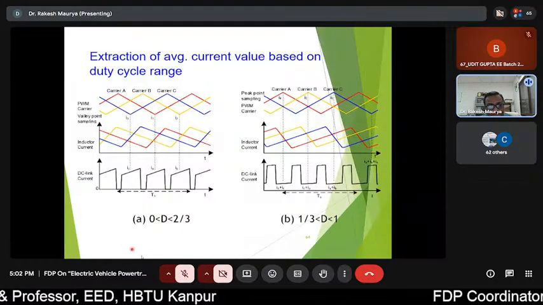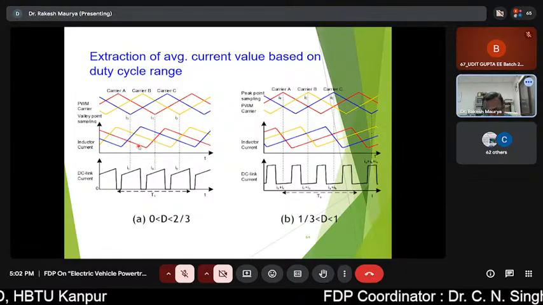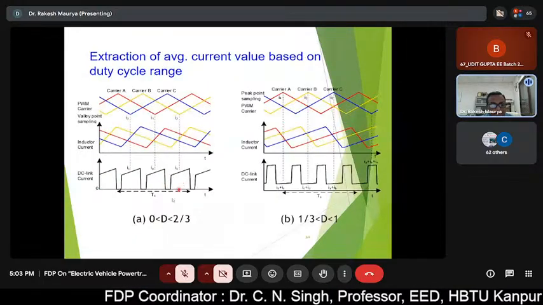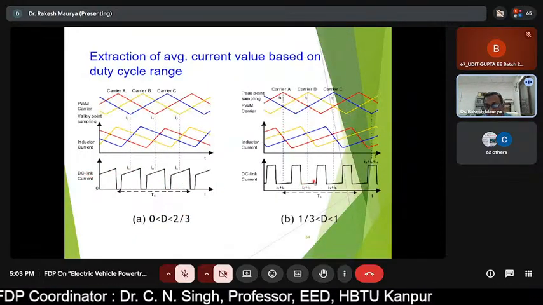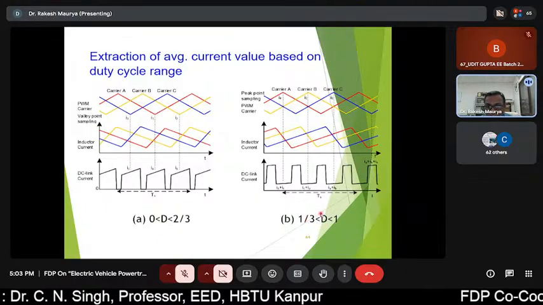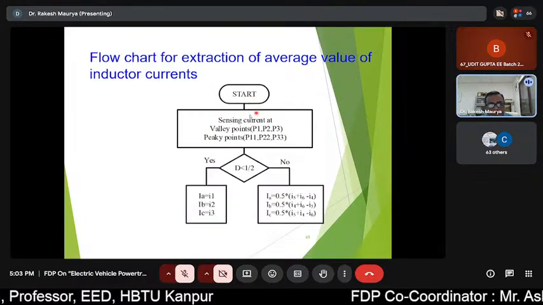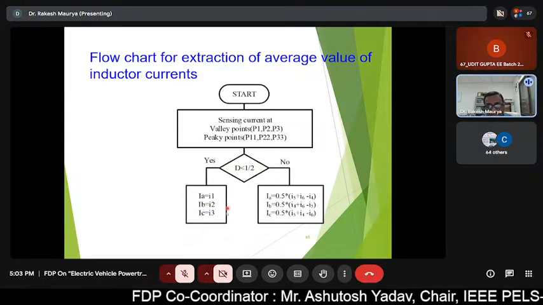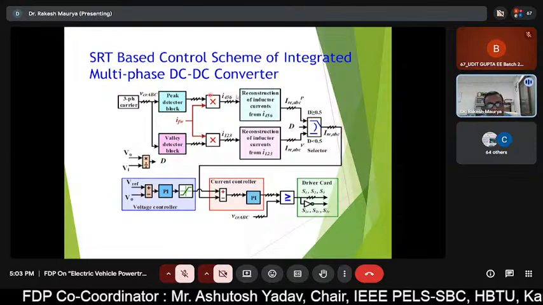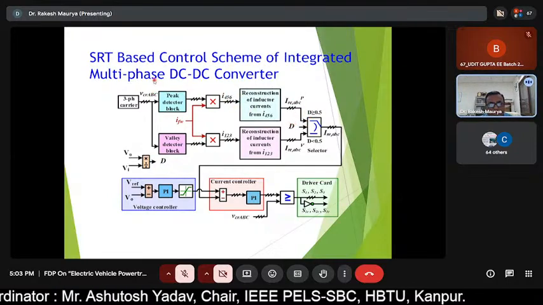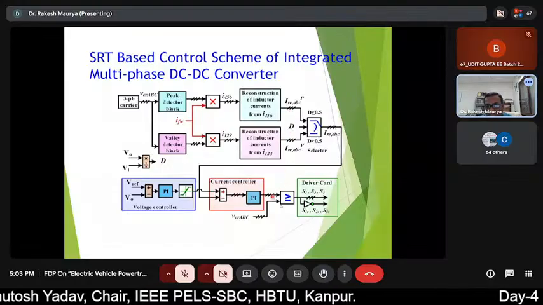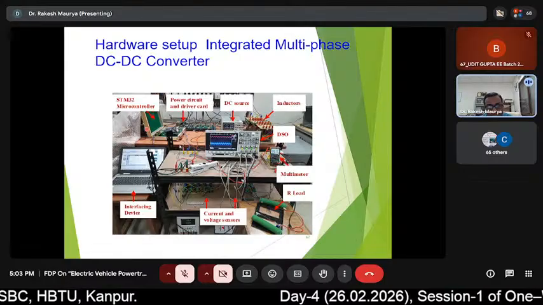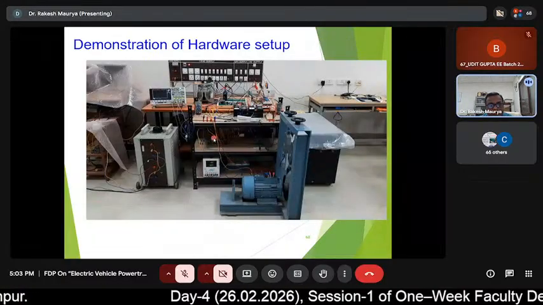First, we have tried at different duty ratios to see what the profile of the input current should be. This is the input current profile when operating at different duty ratios. Later on, this flow chart demonstrates in what case what the current should be, and then the same thing we have applied in multi-phase DC to DC control, and then we have tried to see. So the same model which we have developed here, again you can see